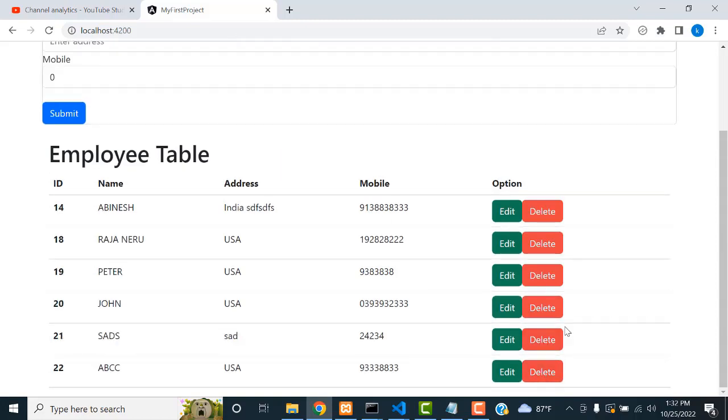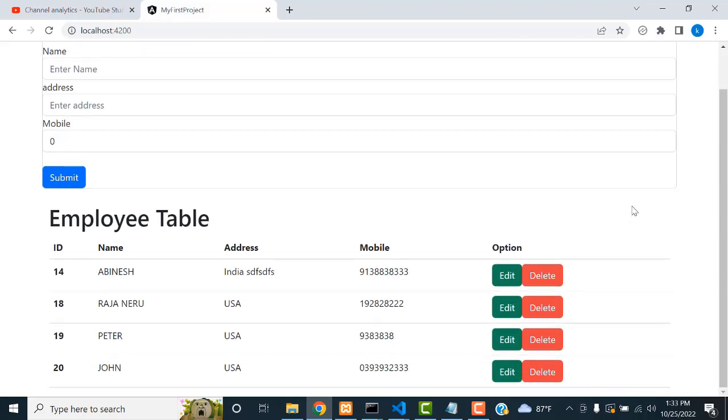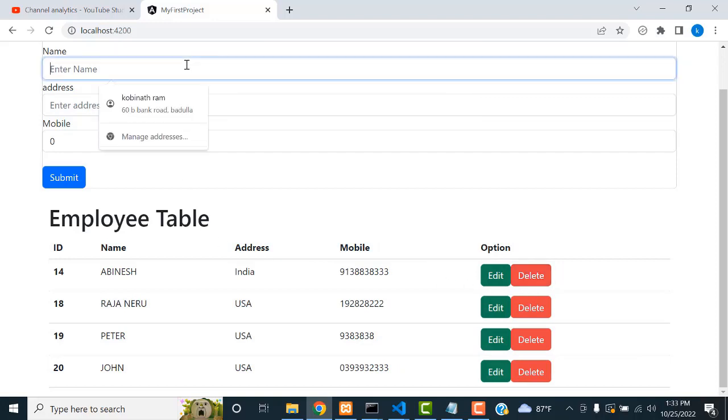So we completed the CRUD operation. This is a complete CRUD operation we did. If you want to edit the record, we will be able to edit the record. Here we should click submit, registration updated. Here it's updated. If you want to add a new record, I'm going to record